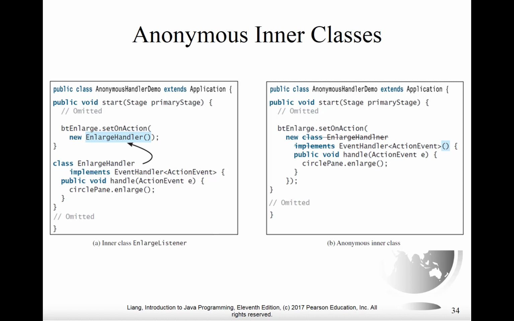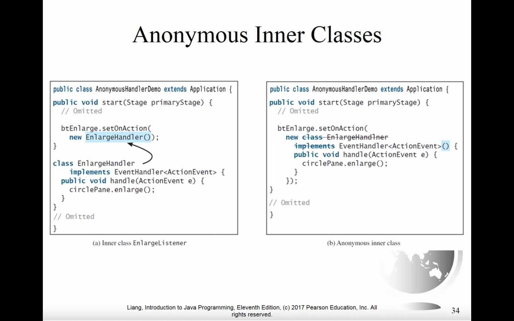So start at the line that says button enlarge dot set on action. Now we're supposed to have, starting in with a round parenthesis, a pair of parentheses that encloses a particular object which represents an object of a class designed to handle the event that's going to take place here. We're still making that object anonymous by just going straight into, say, new. But now the class is anonymous too, because rather than give the name of a class, we're going to leave off class enlarge handler implements, and we're simply going to put the name of the interface being implemented, event handler,